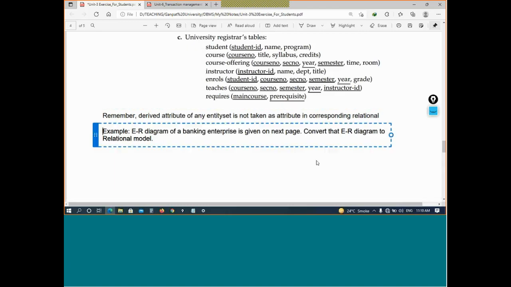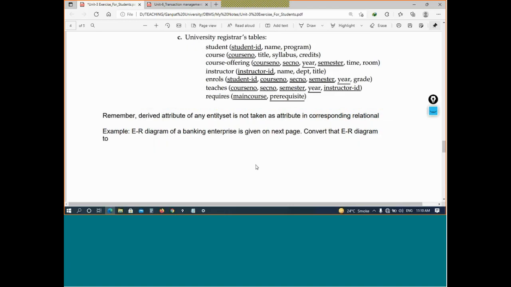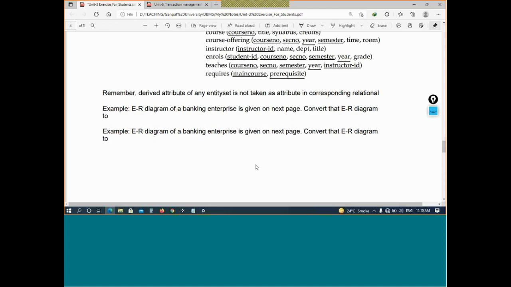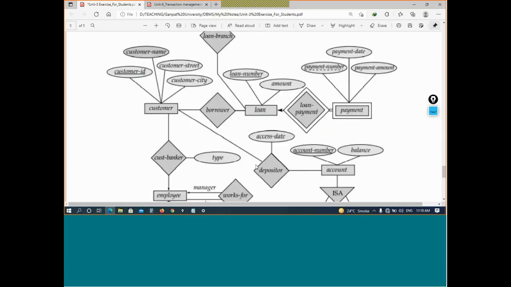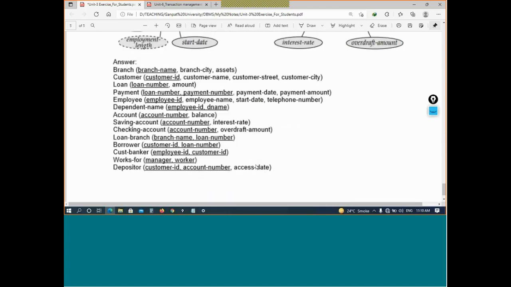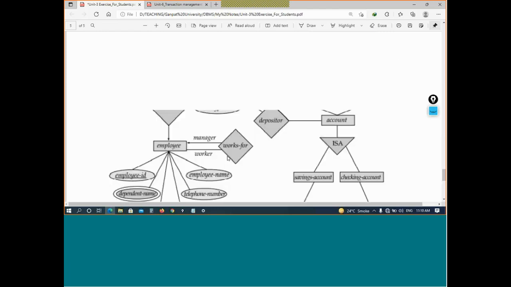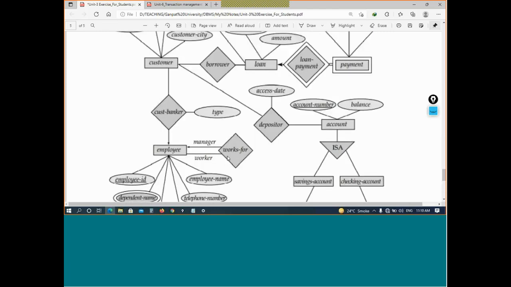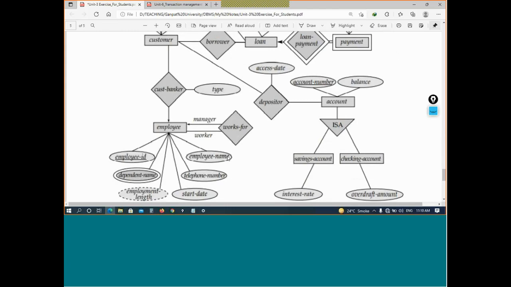One very big relation for the bank, try it. I give it to you as homework. This is the entity relationship model diagram, and these are the answers given. You try on your own, so you will understand. So many examples I have given you. We have seen how to create an ER model or ER diagram, and we have also seen how to convert an ER model to the relational model. So this example is homework for you. The ER model is already given for the banking enterprise, and you need to convert it to relational.